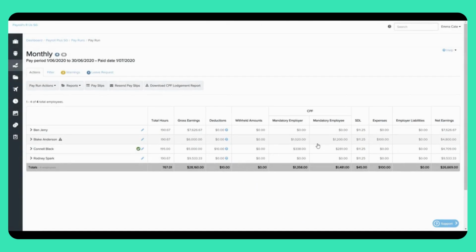And now this is what your finalized pay run will look like. You can see here a few things have changed. You no longer have the option to delete the pay run. And if you do need to unlock the pay run for any reason, you can now do this from the Pay Run Actions button. Remembering that you can only do this if you have not downloaded a CPF lodgement report